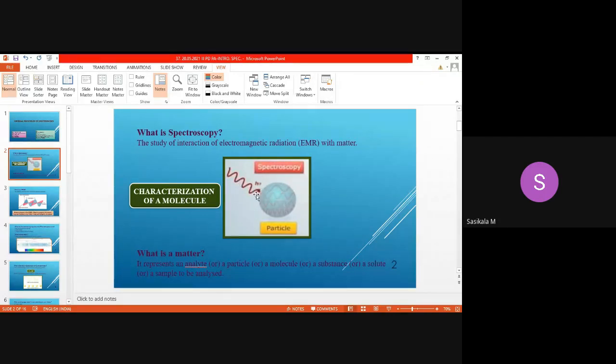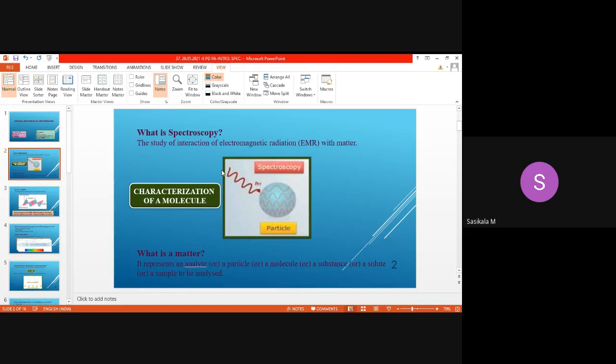The wave is absorbed inside the molecule, and it will tell about the characterization: whether the molecule is absorbing, and if it is absorbed, what type of chemical structure it has, and due to which molecule, which group, which basic nucleus, or what bond is causing that absorption or emission. Everything we can characterize for a molecule by means of spectroscopic analysis. That's why we are going to study spectroscopic methods in order to characterize a drug molecule.